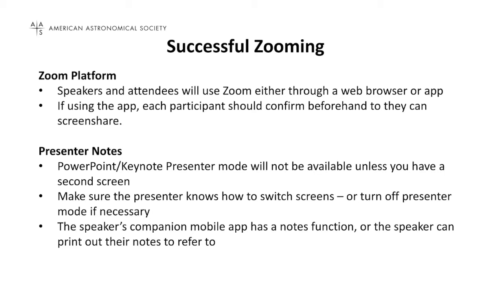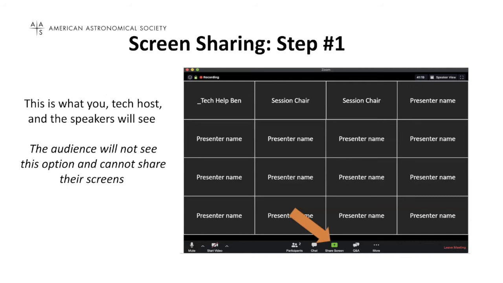And when you do that, if you have any notes, they're typically not visible, so you might encourage the speaker to make sure that they have their notes handy to refer to some other way. For screen sharing, you will see a screen which allows you to control the screen sharing. So that's the way that the speaker brings up the presentation on their screen and shares it with the attendees.